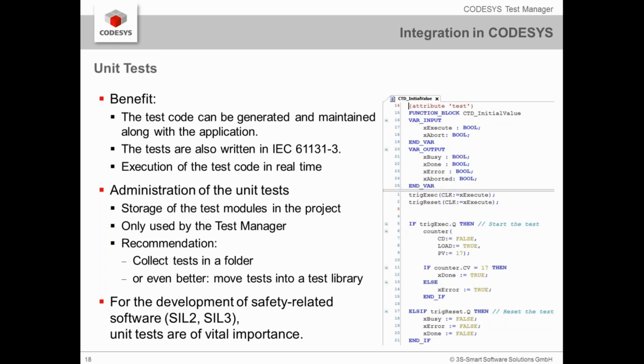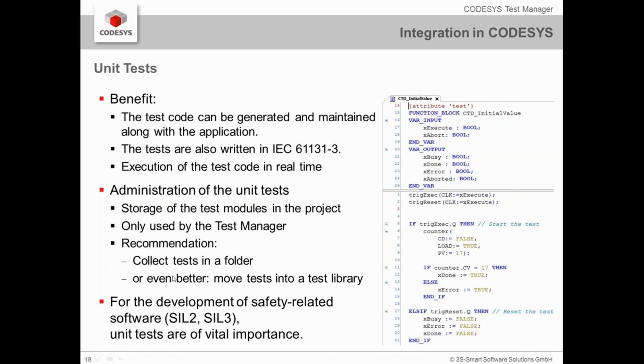What are the benefits for such unit tests? At first step, the test code can be generated and maintained along with the application. Further on, the tests are also written in IEC 61131. For those of you who are really hardcore programmers, this is much more convenient because you are very quickly accessing all the variables, so you don't need to bother around with dialogues and so on, even if they're very comfortable, but they take longer than programming in structured text. And the most important benefit is that the execution of the test code is in real time, cyclic, consistently together with the application code. So the administration is done directly in the project, and they're only used by the test